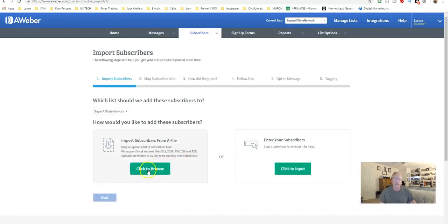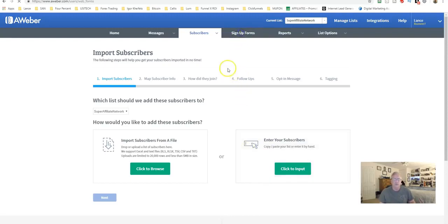Here you can choose a file, an Excel CSV file, comma separated value file, and you would choose certain fields for name, email to be added to the list right here from that Excel spreadsheet. Or you can enter your subscribers by grabbing the list of emails and putting them all in one line straight down together, and input them that way, such as 10 or more.